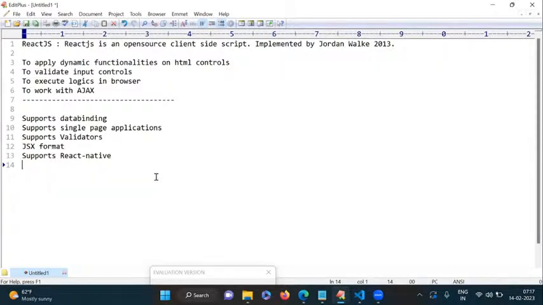So what is the benefit of React Native? If you develop any mobile application using React Native, it supports any type of device. We can run that application on an Android phone, iPhone, Microsoft phone, or any other mobile. So it is a cross mobile application development technology. Is it clear? Yes, it supports React Native. Next one here, supports